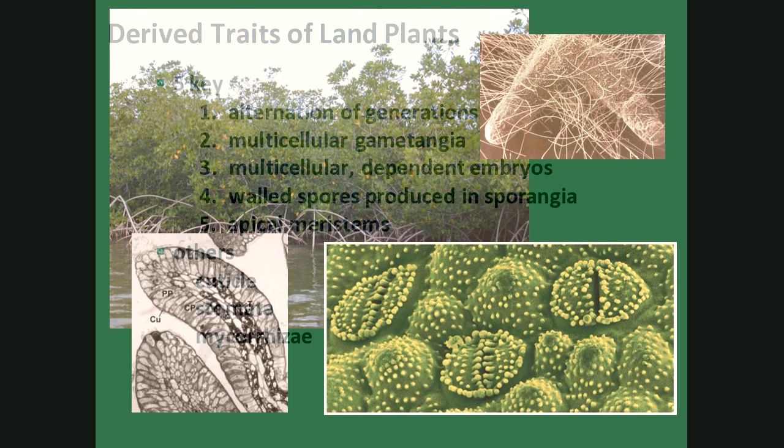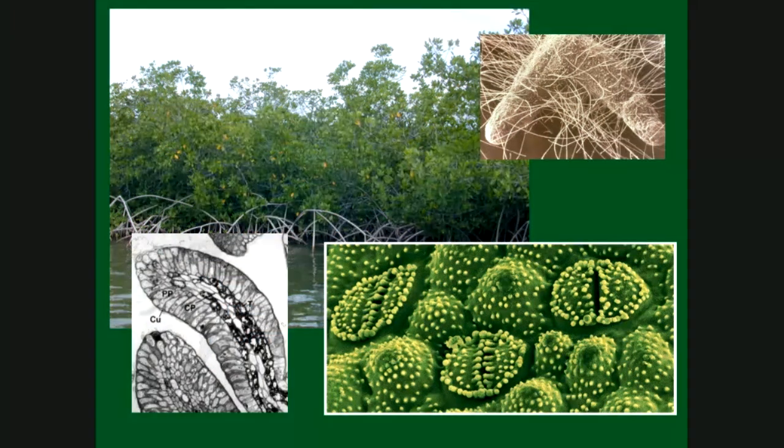The cuticle is the outer covering that you find sometimes on plant leaves. And I put a picture up at the top. Those are red mangroves, a very common Florida plant along the ocean. Red mangroves grow with those huge prop roots. I always tell my students, if you're ever snorkeling around there and you want to see some really cool stuff, like a lot of nursery, a lot of small fish, go snorkeling up into those red mangroves.